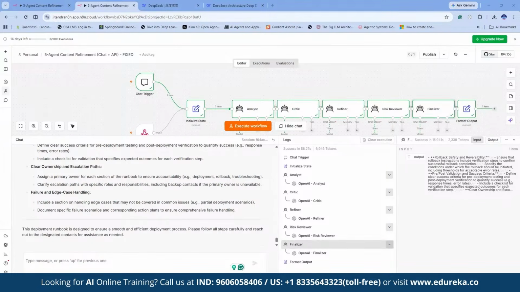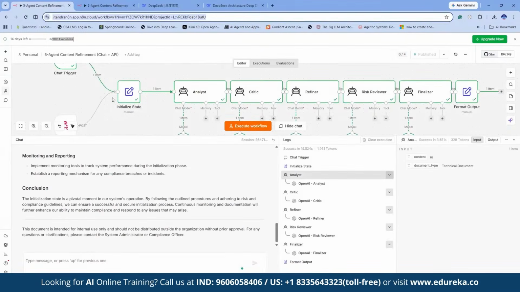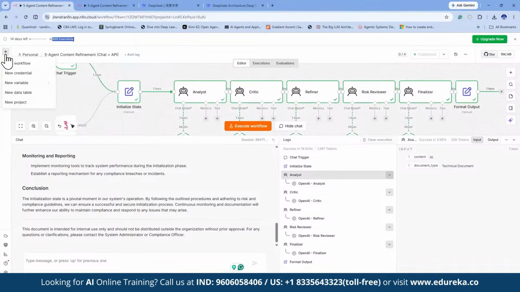So the code will be in JSON format. What you need to do is, there are two ways that you can configure this code. One is the manual way that I showed you, where each and every building block you need to create and then work upon it. The second way to use this code is you just need to click on this new workflow,